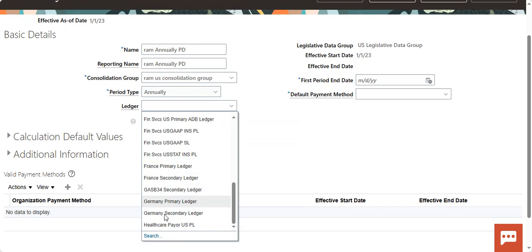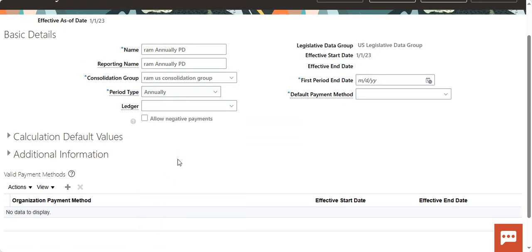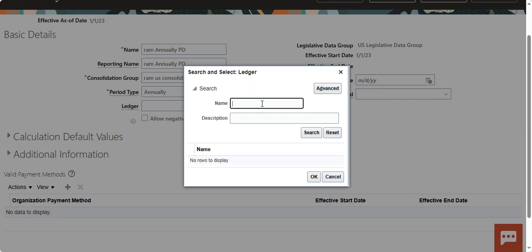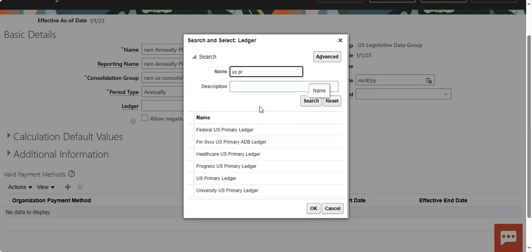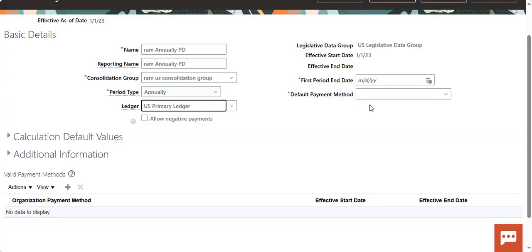Ledger, US primary ledger, I'm selecting. Annually. So first, 2023. Default